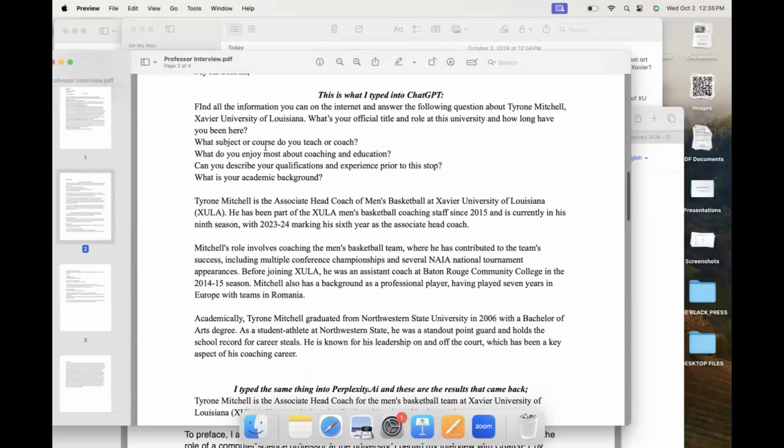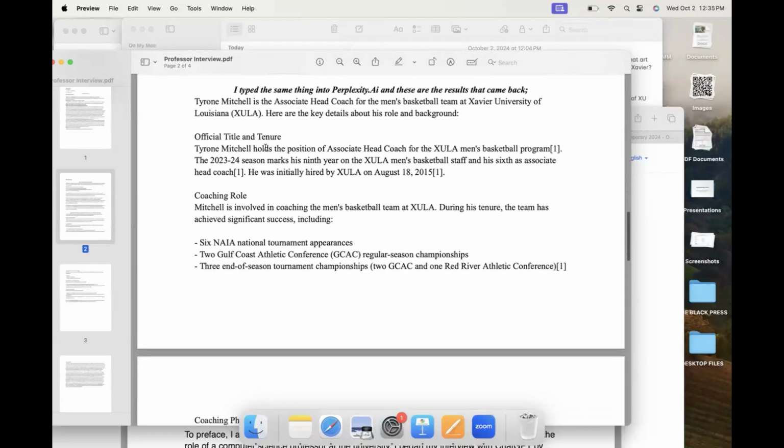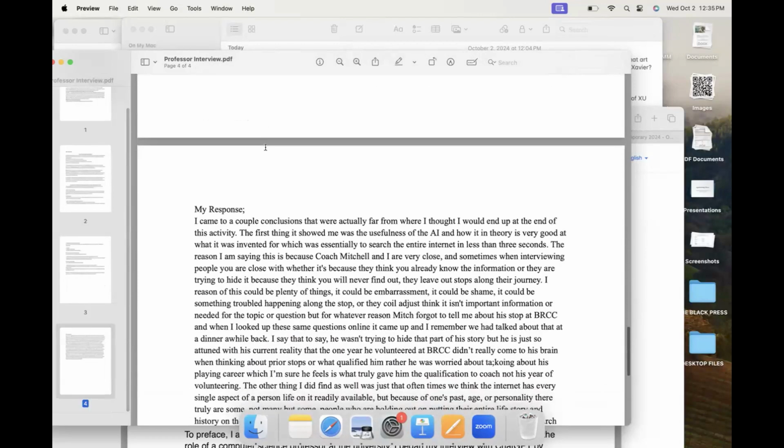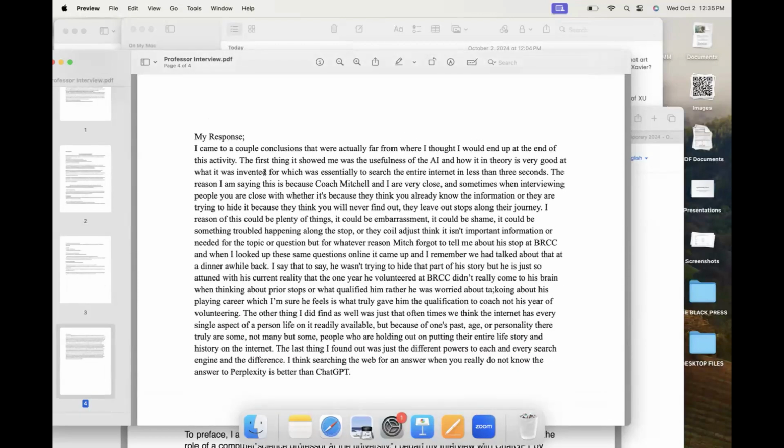So he compared two different AI models, and he found that Perplexity was a little bit better than ChatGPT, giving him accurate and basic information about the coach. My student also indicated that Perplexity, for example, gave him more information about the coach that the coach did not tell him personally in the interview, right? He indicated that the coach either forgot to say it or it just slipped